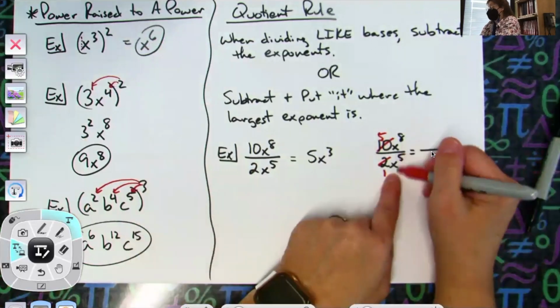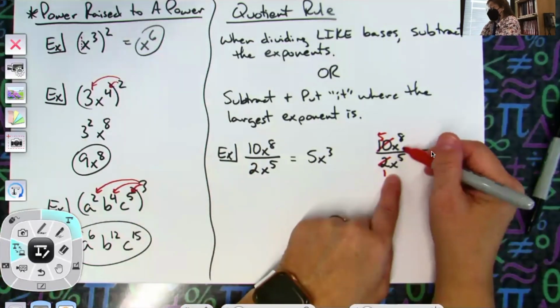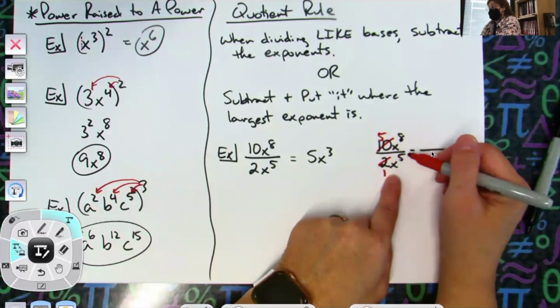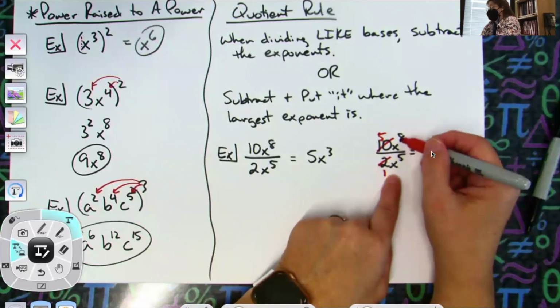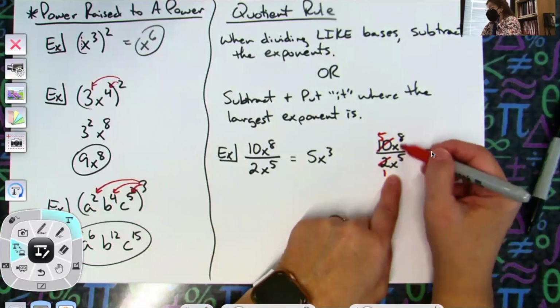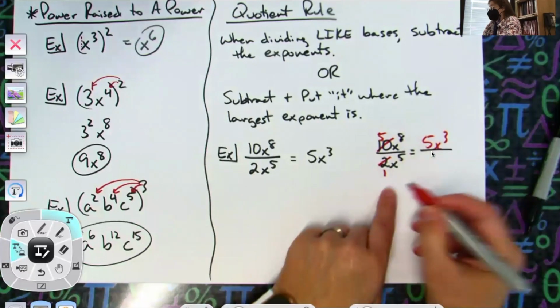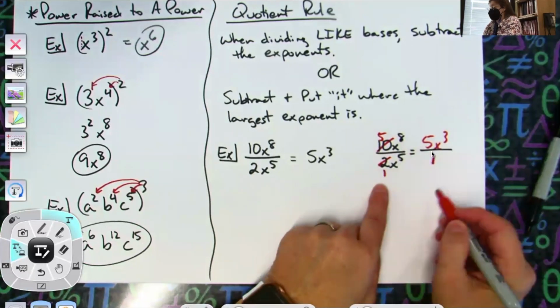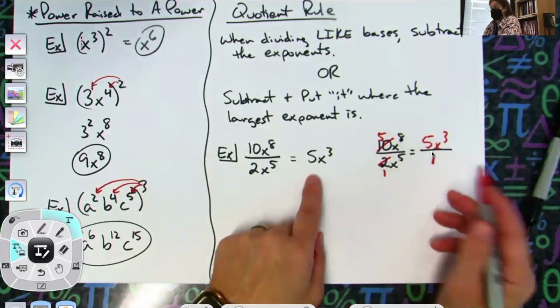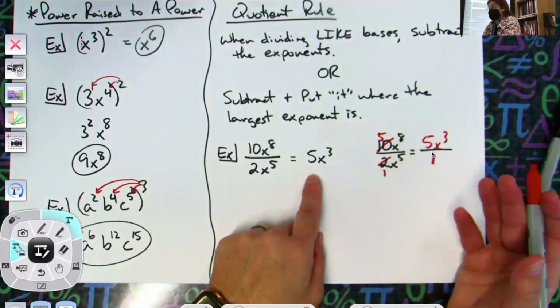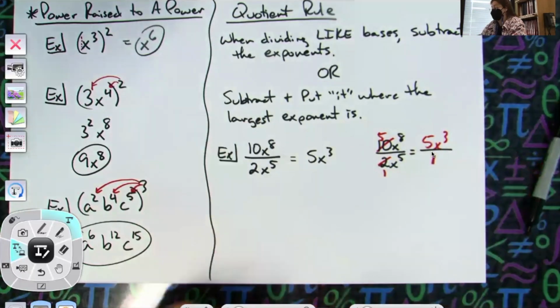My rule says subtract, so 8 minus 5 is 3, and then put it where the highest exponent is. Well, x to the 8th, that exponent is higher than x to the 5th, so my x to the 3rd goes in the top, so 5x to the 3rd, and then technically this 1 is over here, but these two things are equivalent, right? So we just write 5x to the 3rd. So on this one, my rule doesn't necessarily help, all right? But